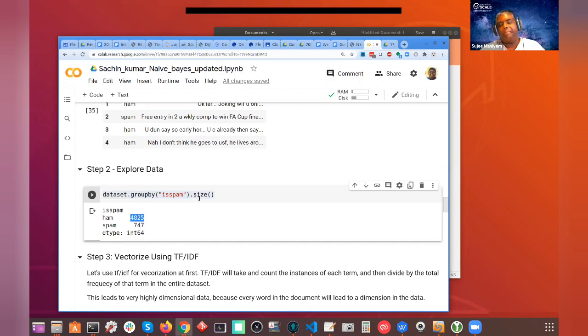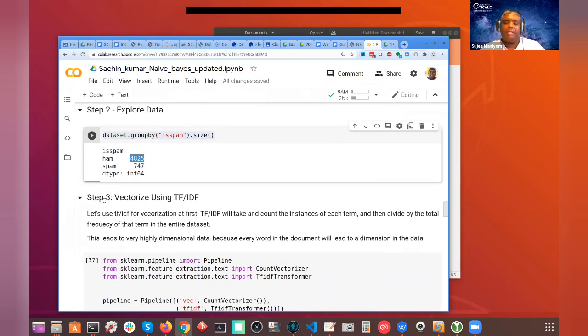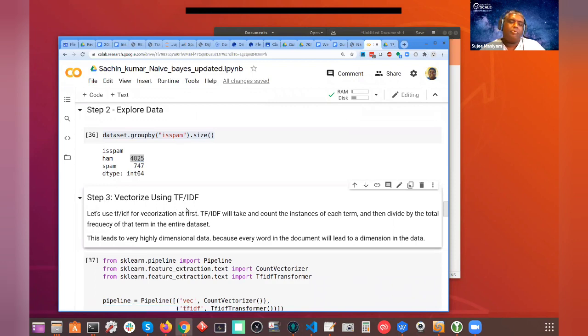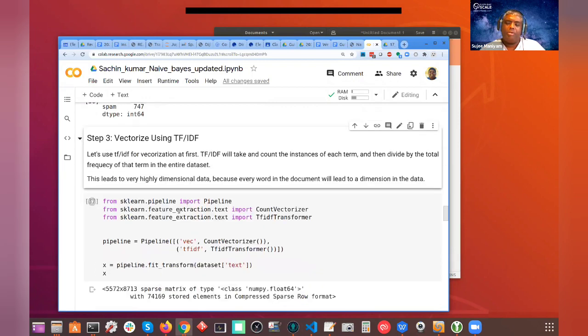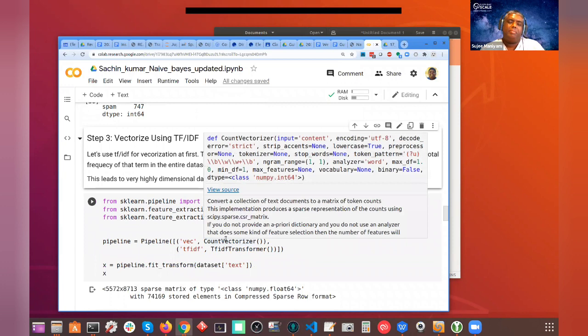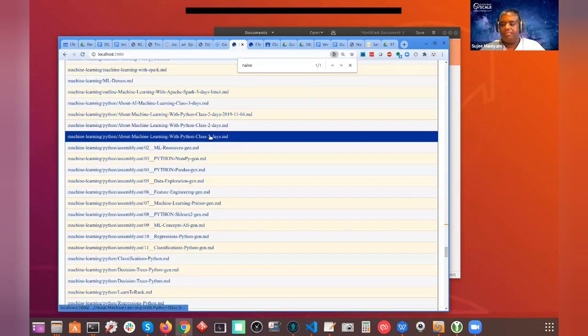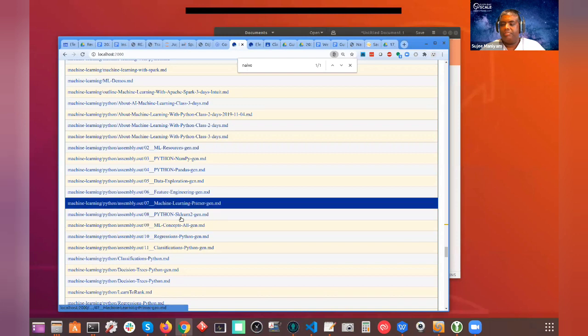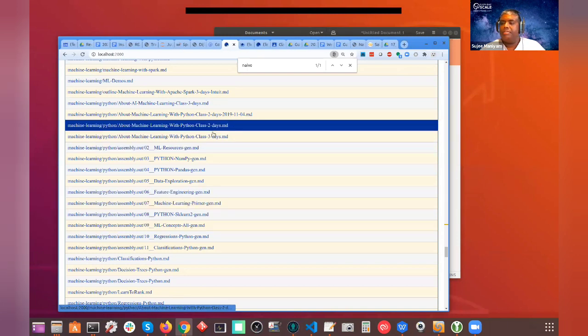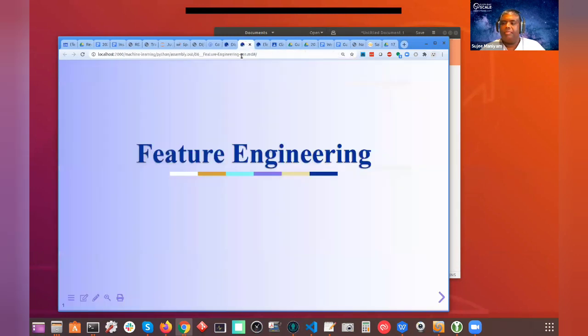We will see. Now, step 3, this is where the challenge for text data is. Usually once you understand one, it's pretty much the same process for all of them. So what we are doing here is, how do I convert text into vectors? And this is a challenge. I may have shown you this earlier, when you have text data.